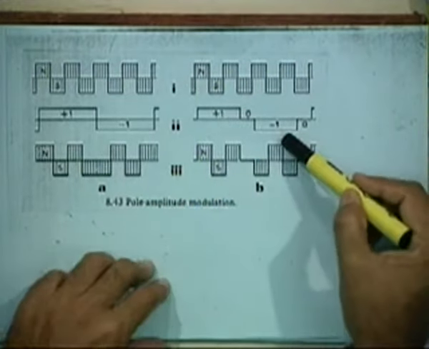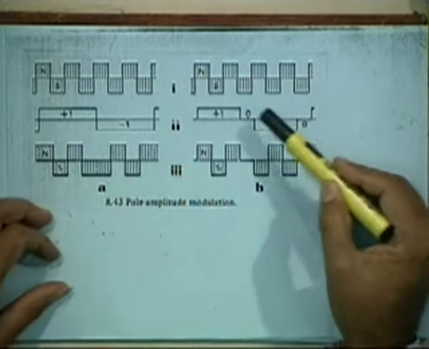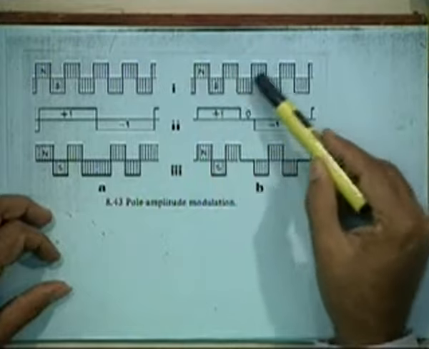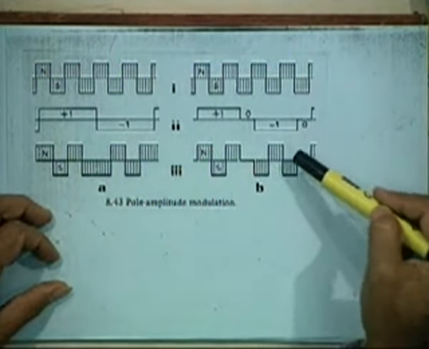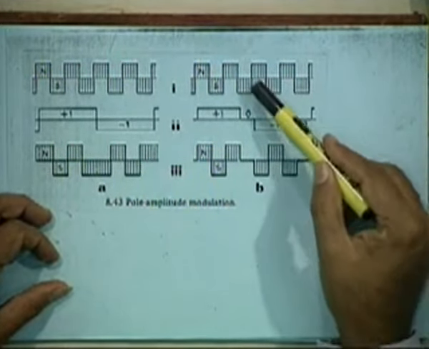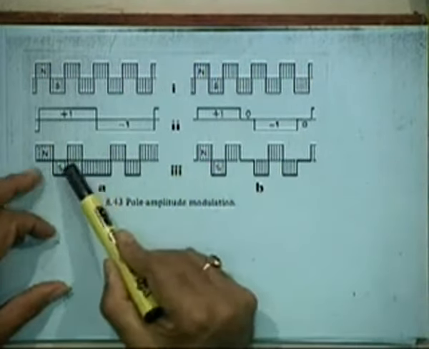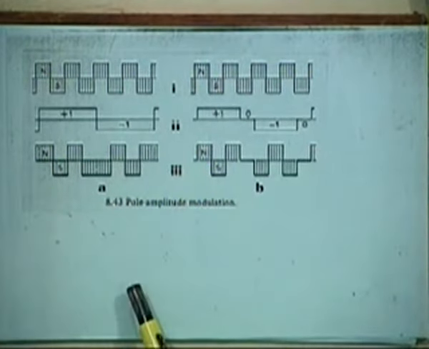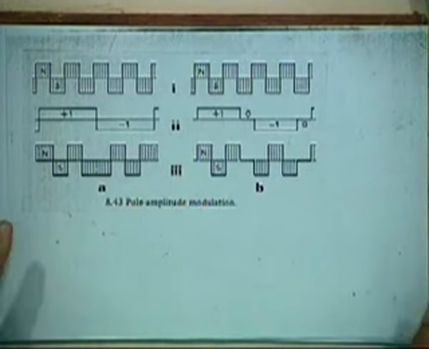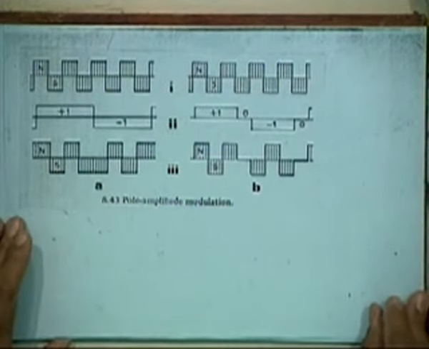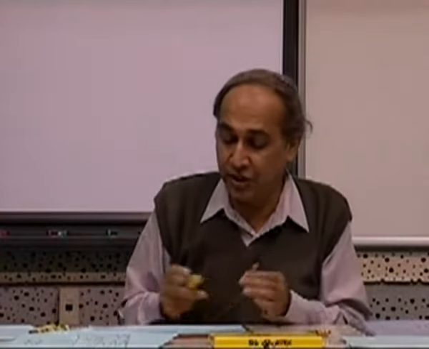Similarly, you can also have another variation. You can have a wave like this. This is plus minus. You have the other at what are the poles you are modulating. Okay. Now this is, of course, we have again no time for discussing further. The only thing is, by a proper switch, by modulating certain pole numbers, you can have new number of poles, and this is called a pole amplitude modulation.